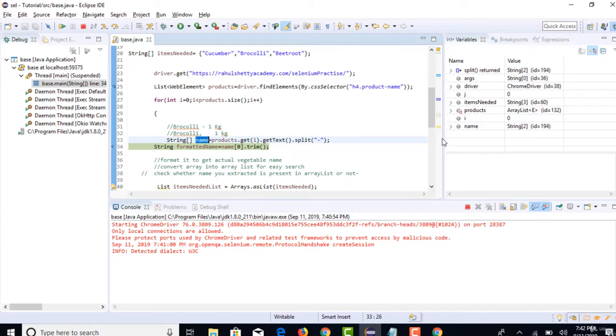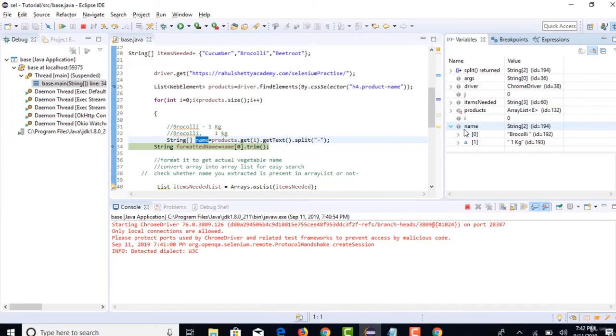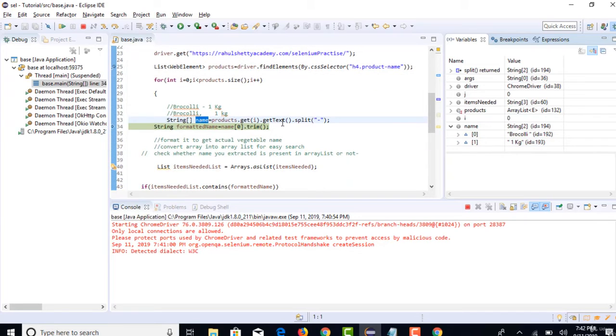So we are asking to split, right? When you expand this, you see that in the 0th index broccoli is stored, and in the first index 1 kg is stored. Perfect. So we are on track till this point. Let's go to the next step. This step is now executed, so you have the formatted name.